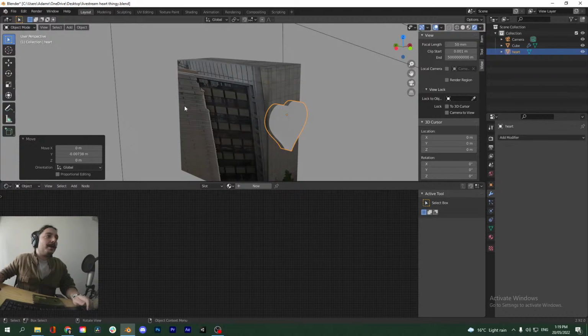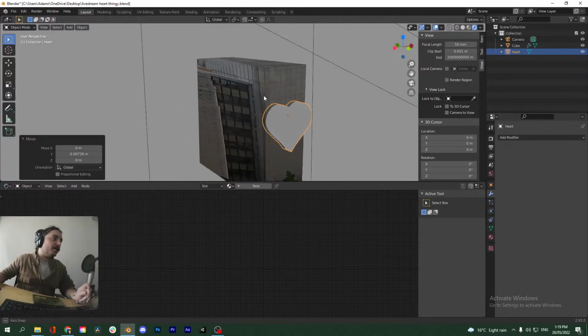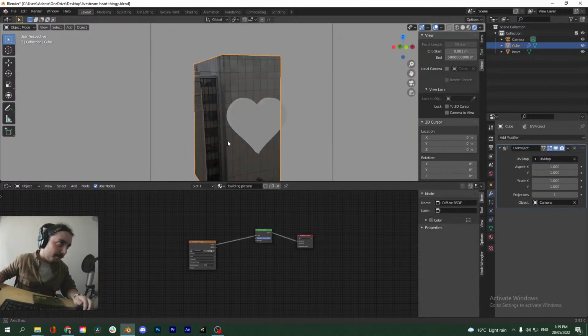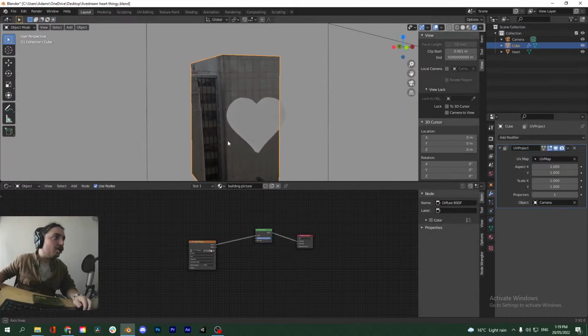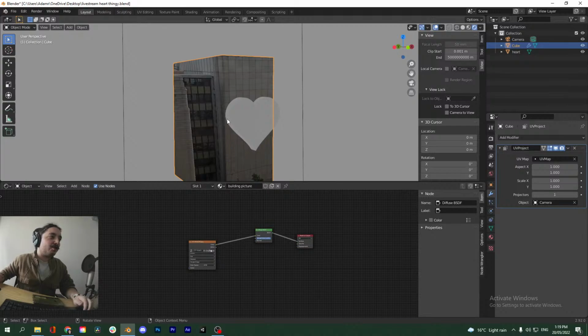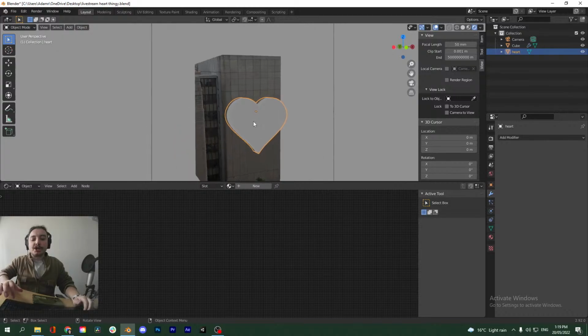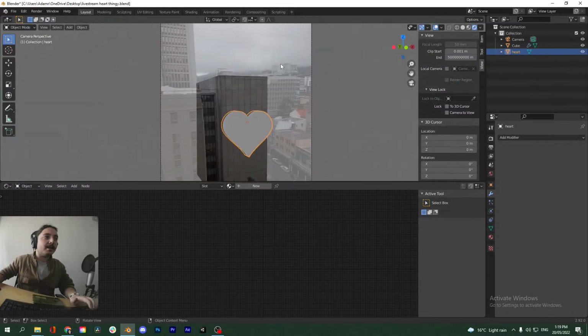Oh, by the way, the reason this is stretched out on the side is because it's only going from the perspective of the camera. So from the camera's perspective, this is perfect. But as soon as you start moving and rotating it, it's trying to wrap the image around it in a weird way. So you're kind of locked into the perspective of the camera. You can do subtle movements, but you don't want to overextend your camera movement too much.